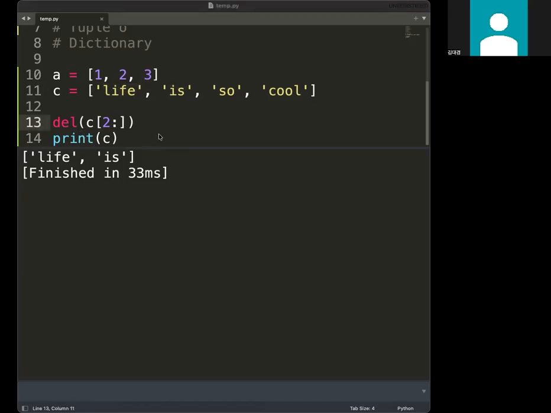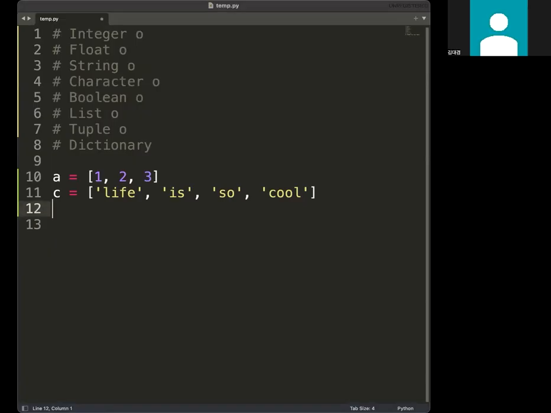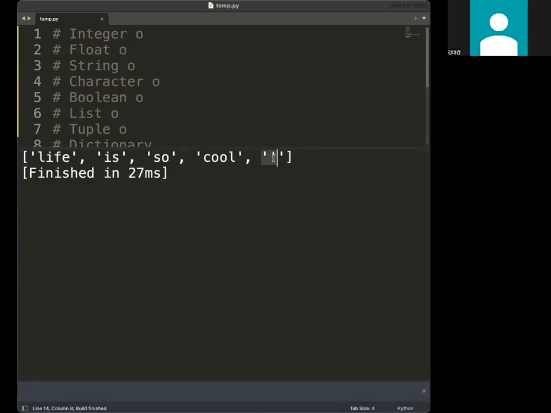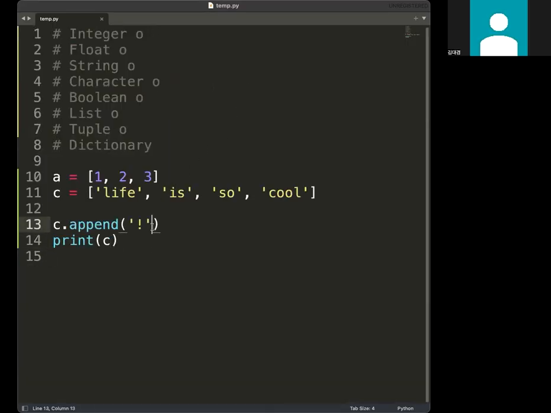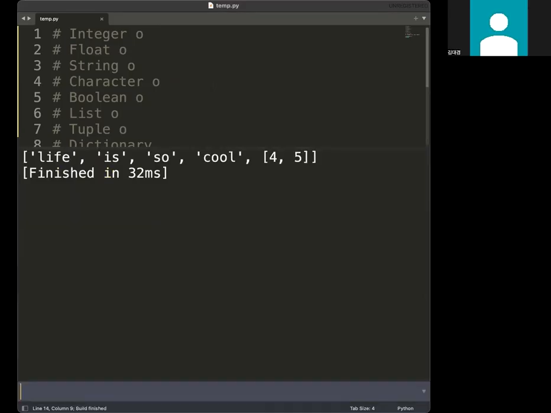Okay, and then you can do append. So for example, here, if you add another component in the list at the end, you can do something like this. And then if you print it out, you can see it's added. And then you can also add a list within the list like this, for example. Then you can see the list has been added, and then